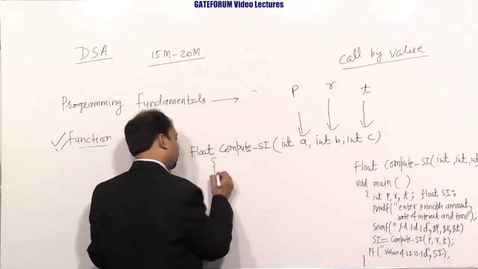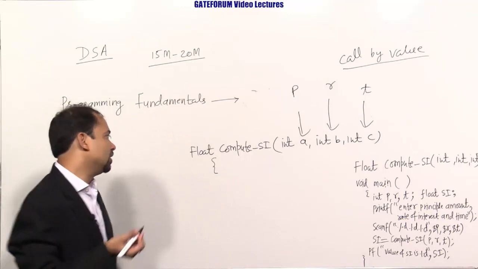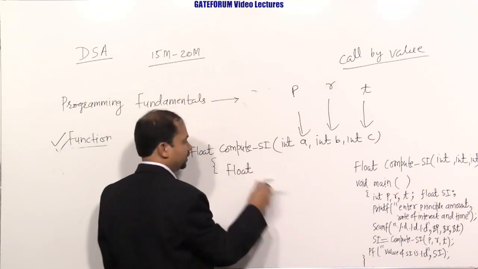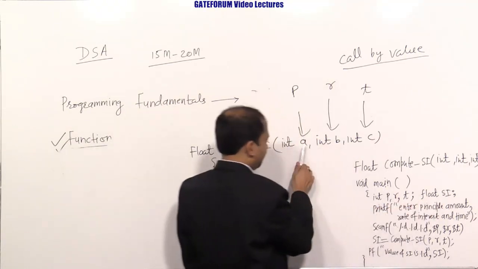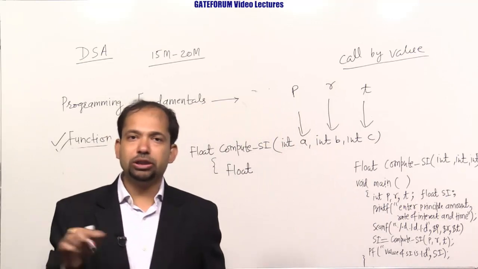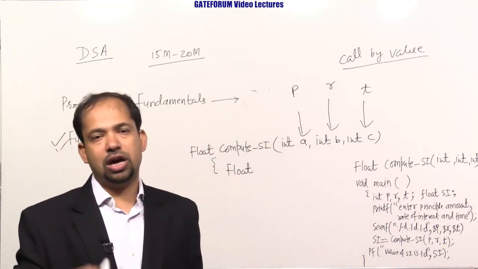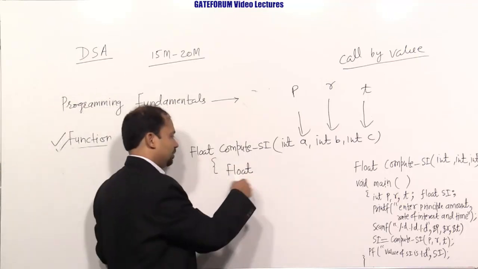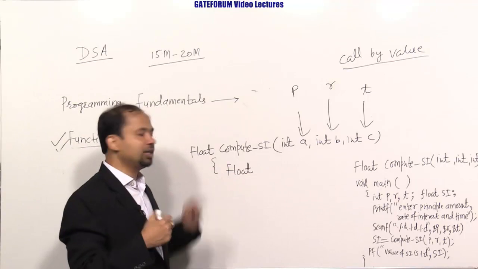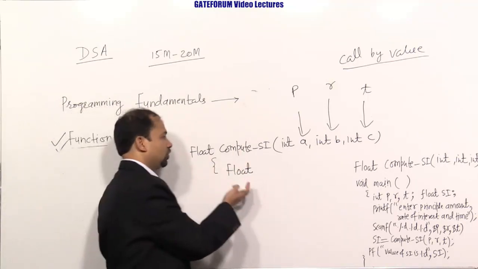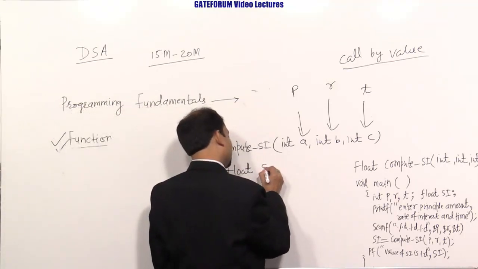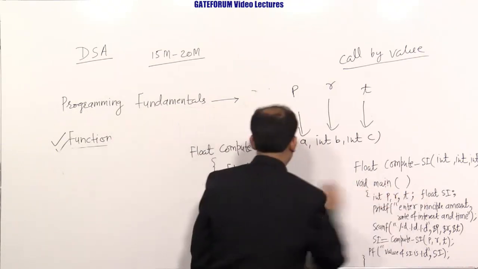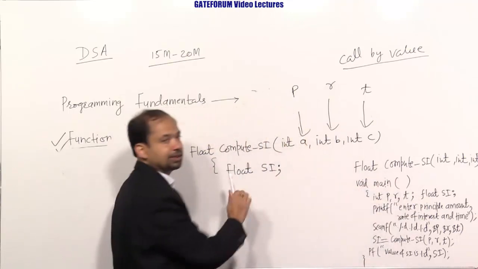And here we have to compute the simple interest. So float, why did we keep this as a float? Because the formula is principal amount into time into R by 100. So after dividing by 100, we may not get an integer. So to avoid any truncation, we use float, and in that float value we can store the result. So SI here and this SI will be stored at different addresses. They are not the same, right?